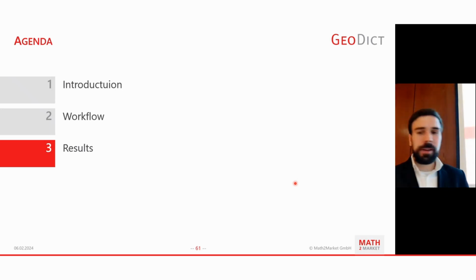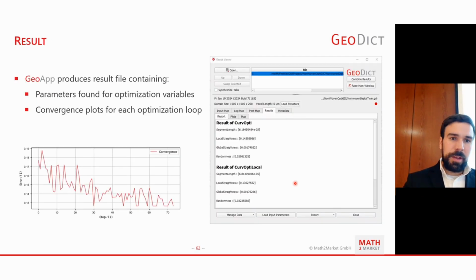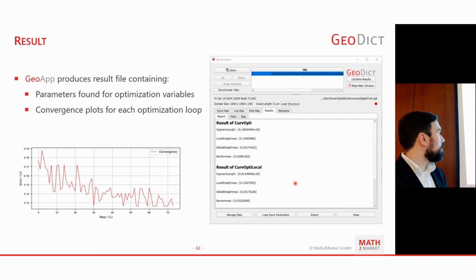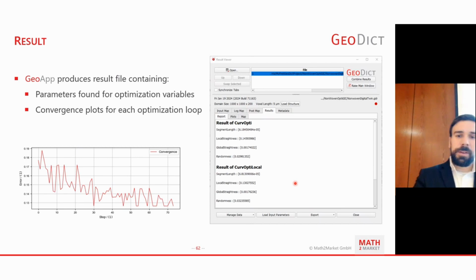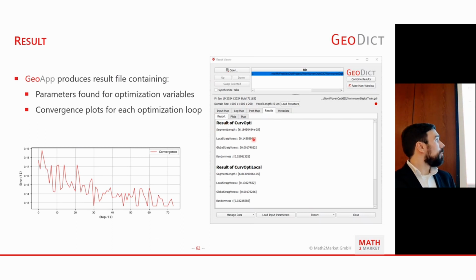Then let's have a look at what the results look like if we compare them quantitatively. First of all, the app, as I already mentioned, produces a result file. And for every optimization loop you put in there, you get in the report something like this, where for the parameters you have used, you get the value that was found.